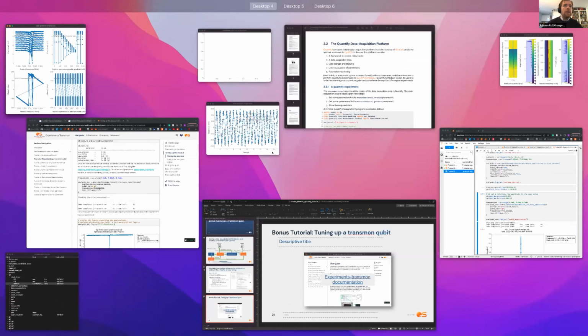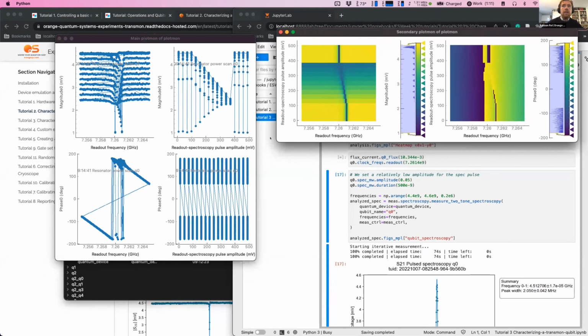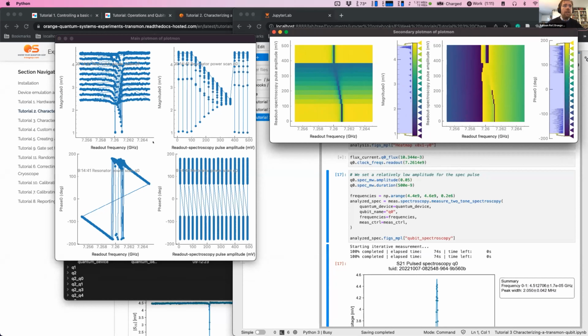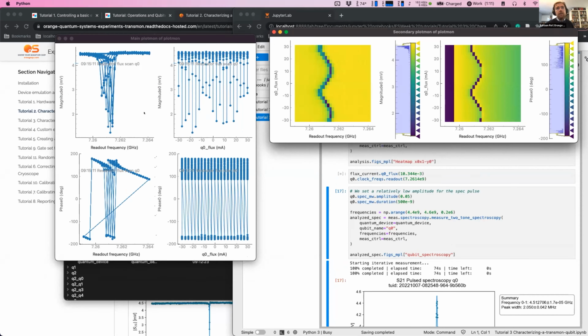Actually, the simulator is quite quick. So this is a resonator power scan. You see the dispersive shift. Now the key point here is that we're having an emulator, not a simulator. So we only care about qualitatively reproducing the results, because the purpose is really for testing and having the qualitative correspondence. Although it's still a very accurate physics simulator.